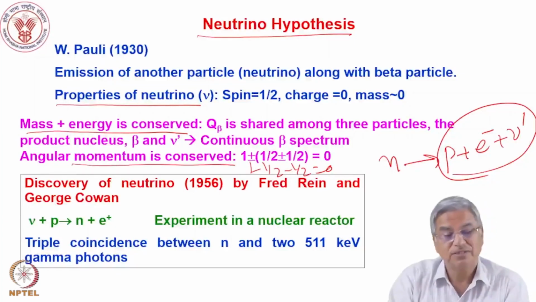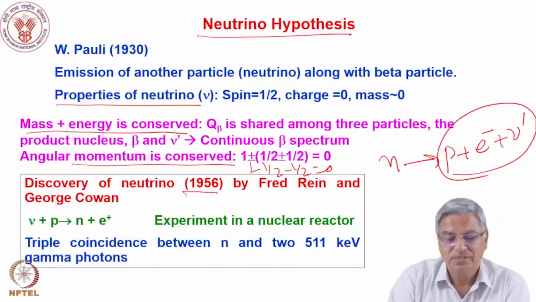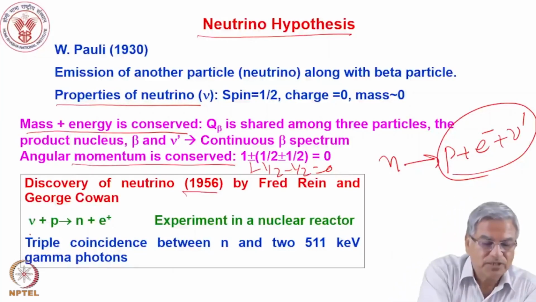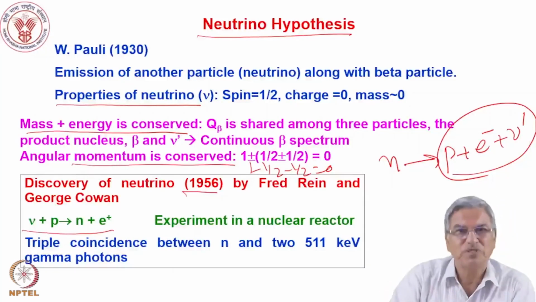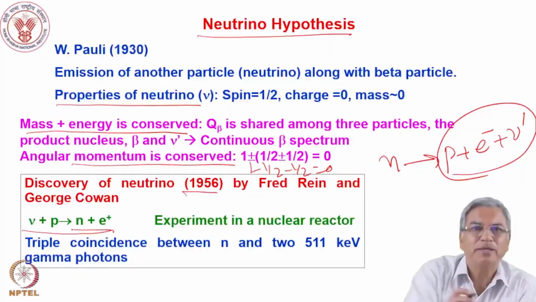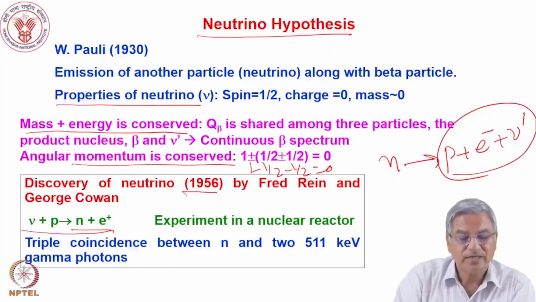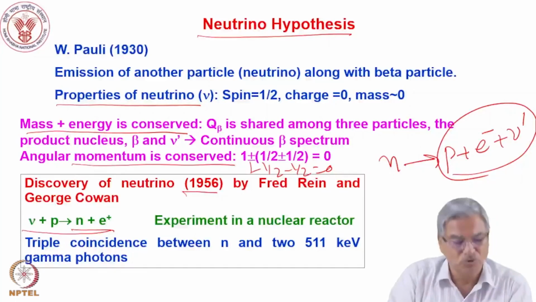So in fact, this neutrino was discovered in 1956. The reaction was that in the reactors, there are a lot of neutrinos. When there is a fission, a neutrino is emitted in beta decay. There is hydrogen, so the neutrinos interact with the hydrogen to give you a neutron and a positron, and a triple coincidence. So you detect the neutrino in a detector, the neutron in a neutron detector, and the positron will annihilate,